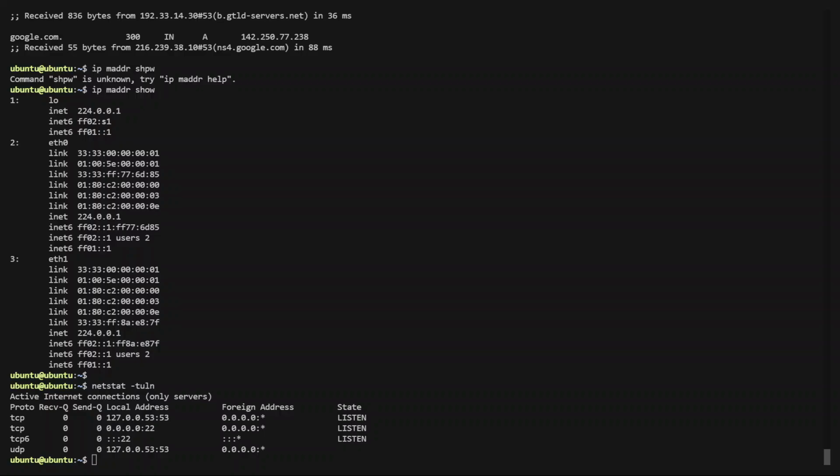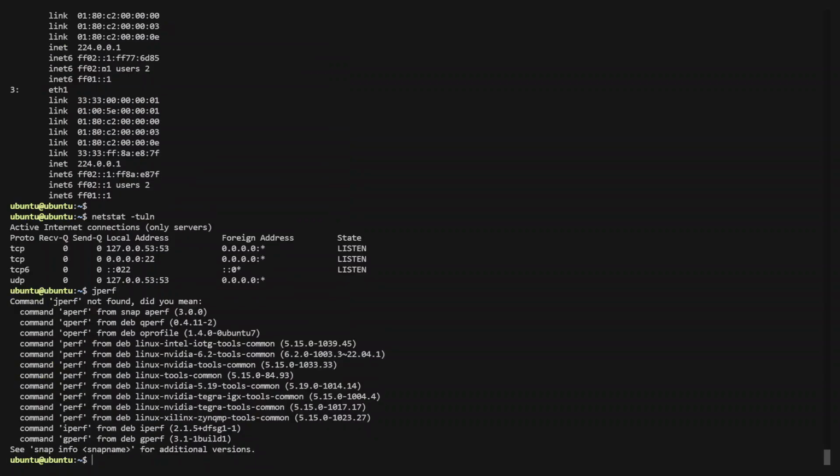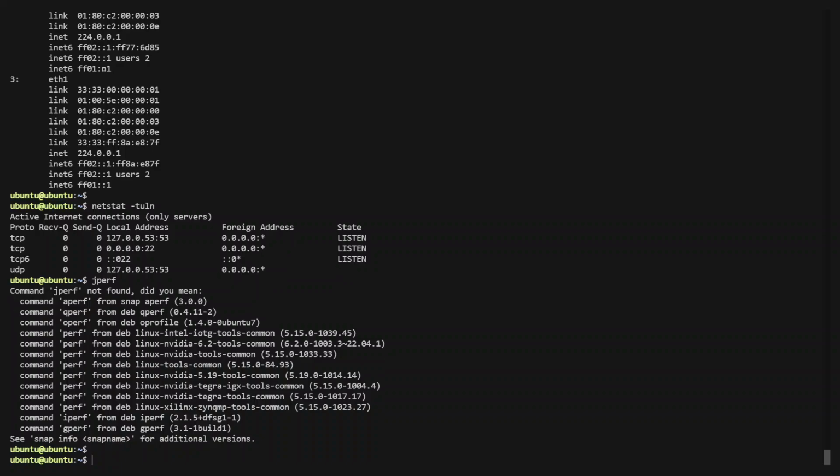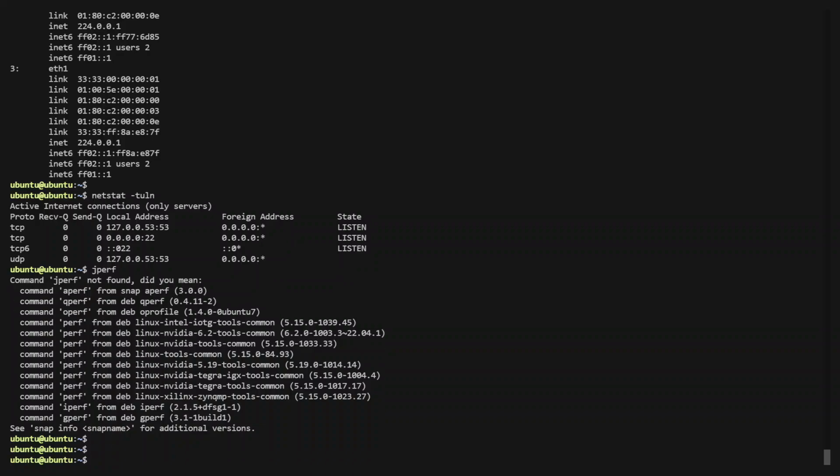So after that we have the jperf command, that is basically a GUI for iperf, right? So if we run jperf, okay, we need to install jperf first. So let's skip this one, and moving further we have the